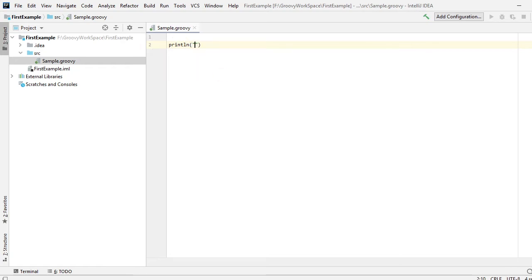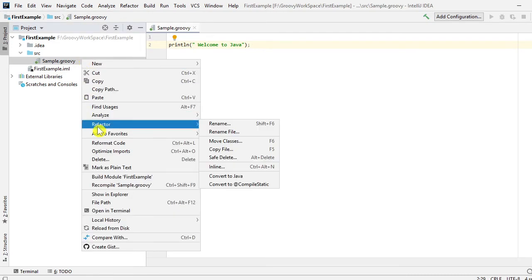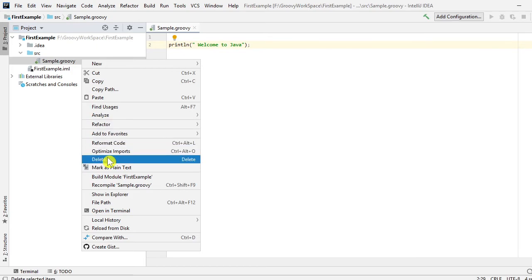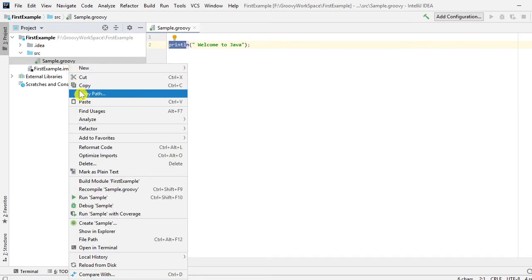As I said, this is very similar to Java, right? This is the statement. Let's try to execute this. You can right click here, and here you will see the option Run sample.